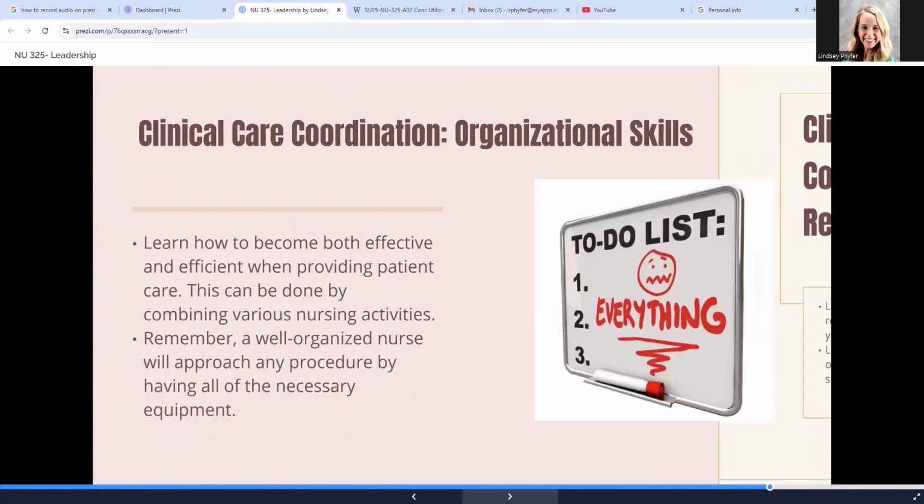Another aspect within clinical care coordination are organizational skills. I know we've already been talking to y'all a lot about this, but you need to learn how to become both effective and efficient when providing patient care. This can be done by combining various nursing activities. And remember, a well-organized nurse will approach any procedure by having all of the necessary equipment. This goes back to when you're doing a bed bath, you're going to have all the towels, all the washcloths, the basin, the soap, and bed linens right there with you so that you are organized and ready to complete